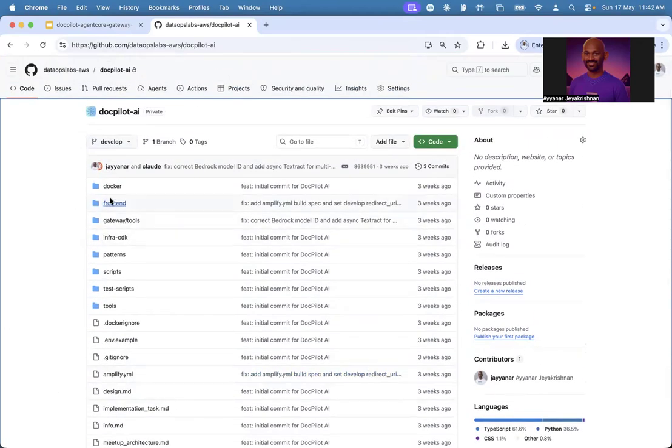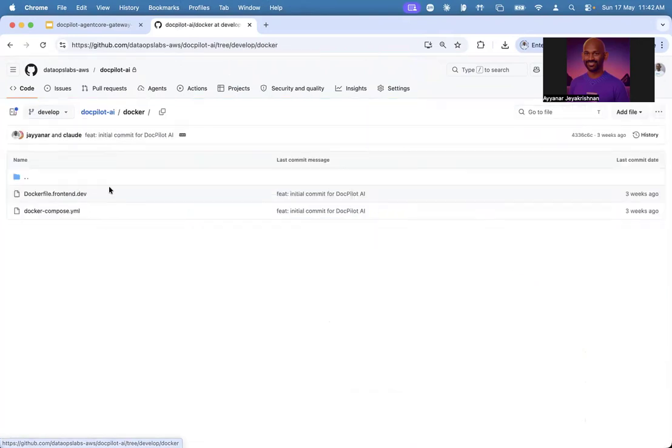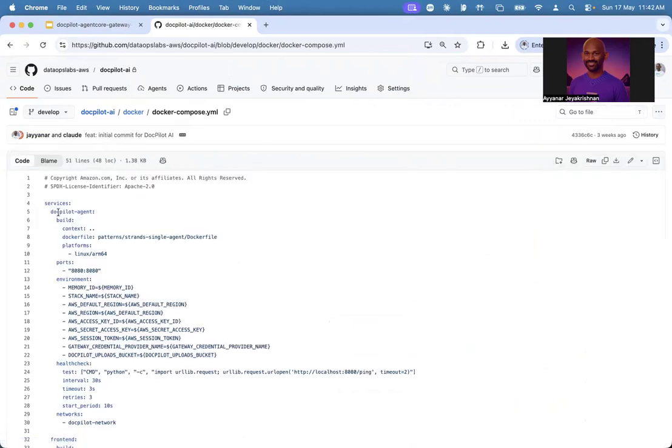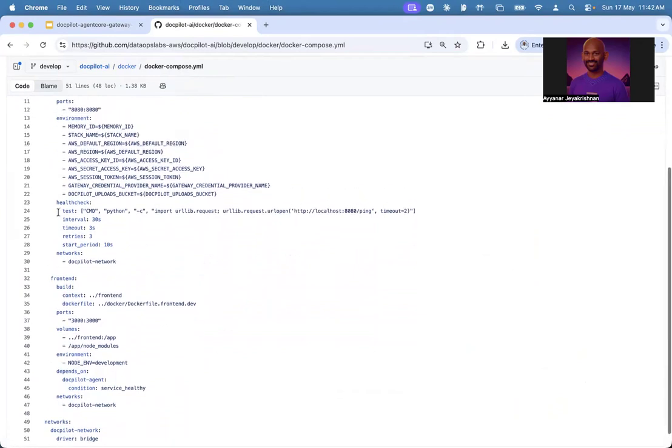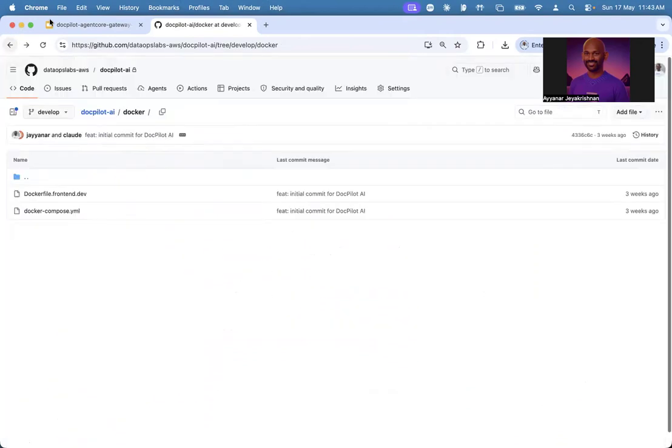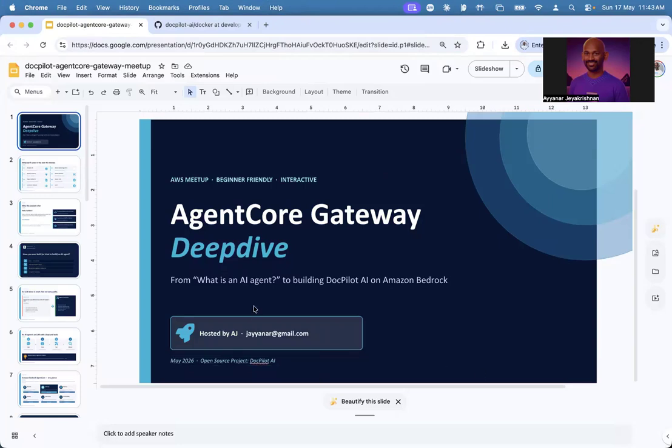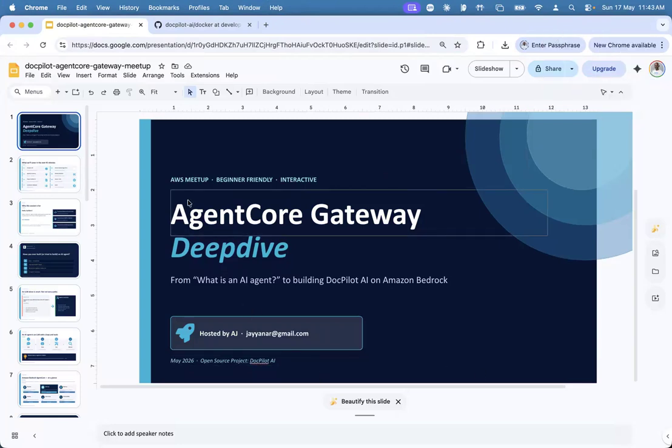If you look at it, let me start with the directory structure. Here you have all the Docker related files. You have a separate compose file for the front end and a separate one for the back end. This is how it is all properly structured. Let me go over our project, then I will walk through the code in a detailed manner. So let's go and do the hands-on, guys.